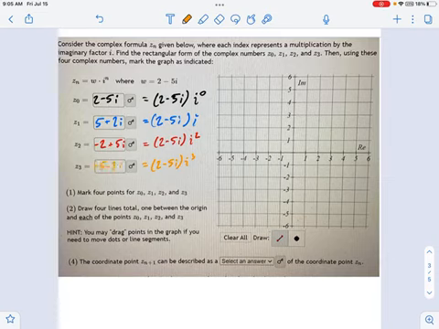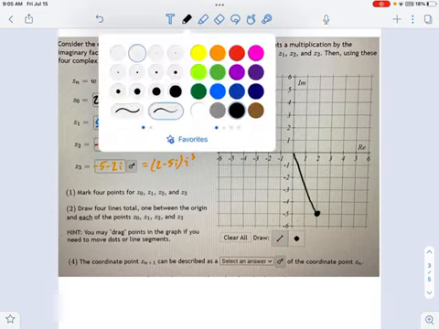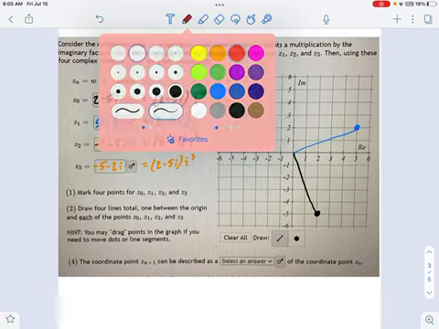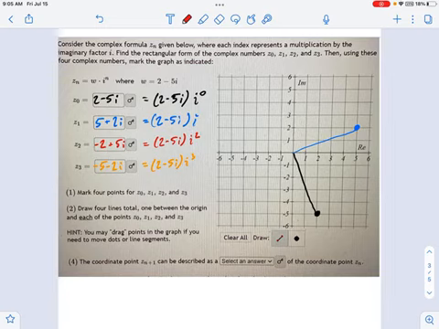So now let's plot all these things on the graph and see what we're going to end up with here. The first one, 2 minus 5i, lands me right here. I'm just going to go ahead and draw this line while I'm at it. The second one, or z1, is going to be 5 plus 2i. Okay, so that's going to be over here, like that. And then -2 plus 5i is z2. So -2 in the real axis plus 5i in the imaginary axis gets me up here. And then last portion, -5 minus 2i lands me over here.